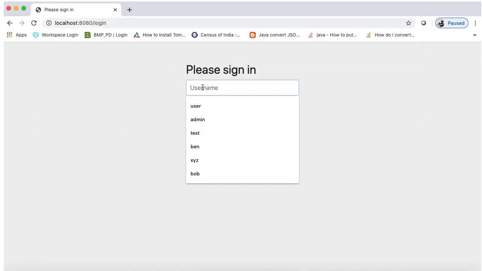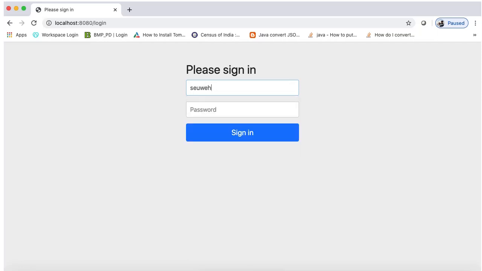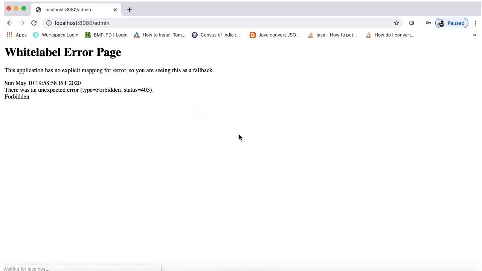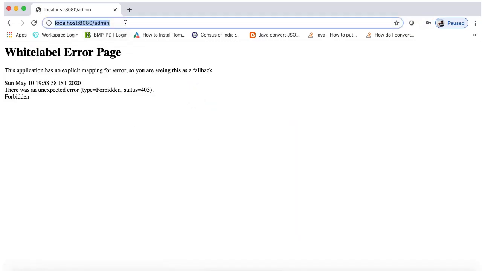It also asks for a user, meaning there is no restriction on the username, but I have customized the password. My password is user, so this is not authenticated with the user role, because I have passed this user as a user, not an admin.